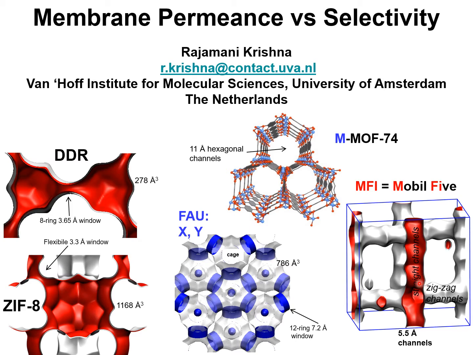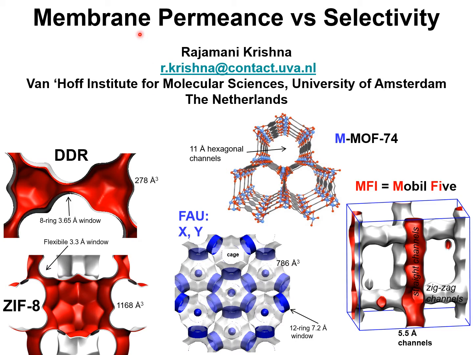There are 4 intersection sites per unit cell of MFI zeolite. A wide variety of channel dimensions, window dimensions, cage dimensions are possible. And in this presentation, we focus on